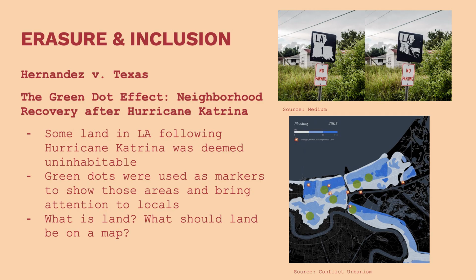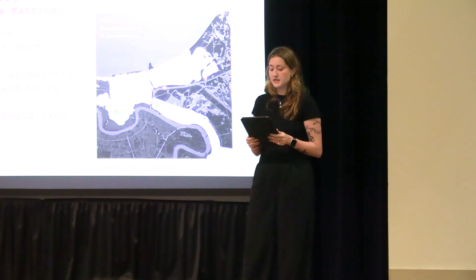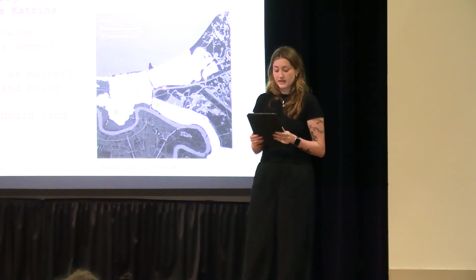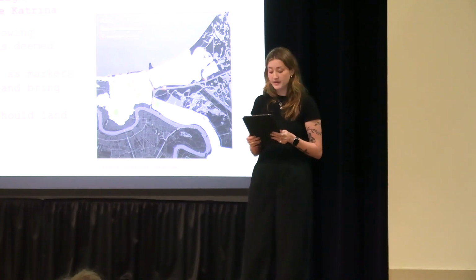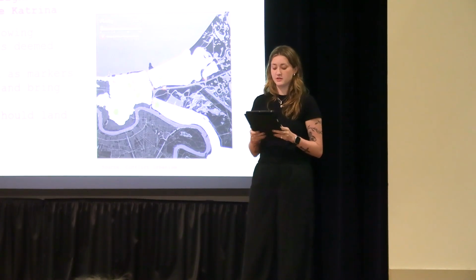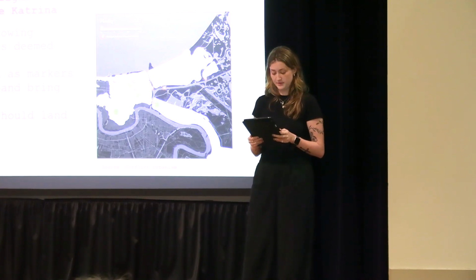The last theme is erasure and inclusion. Like political propaganda, erasure and inclusion can look like so many different things. It can look like bordering countries that have ethnic groups living in the middle, which is something that Europe was not thinking about when they were splitting up land that they didn't live in, or like the war between Israel and Palestine, or the relationship between China and Taiwan. It can also look like someone putting a distant cousin in the back of the seating chart at their wedding so no one hears them get too controversial.